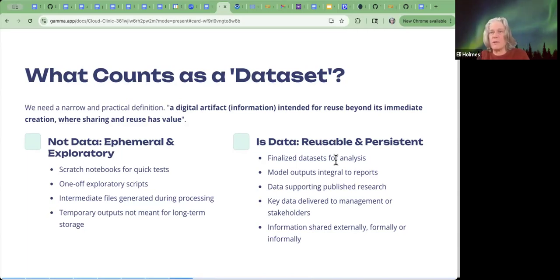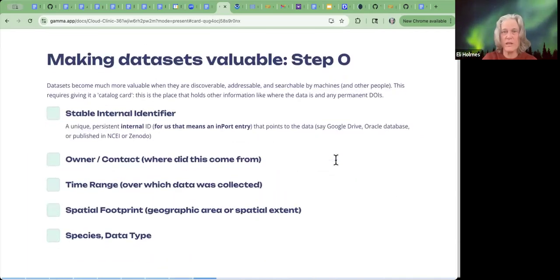So the first step is identifying, okay, I've got a data set. And now we're thinking about how we're going to make this valuable. And step one, once you've identified, yeah, I'm going to call that a data set, is giving it an internal identifier.